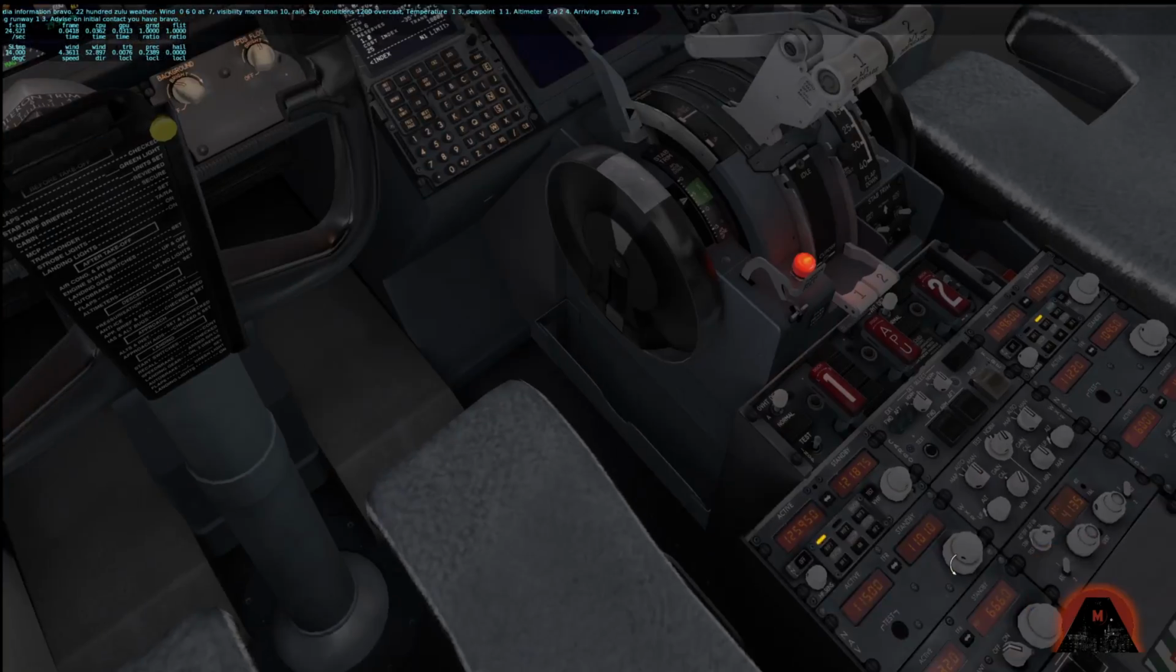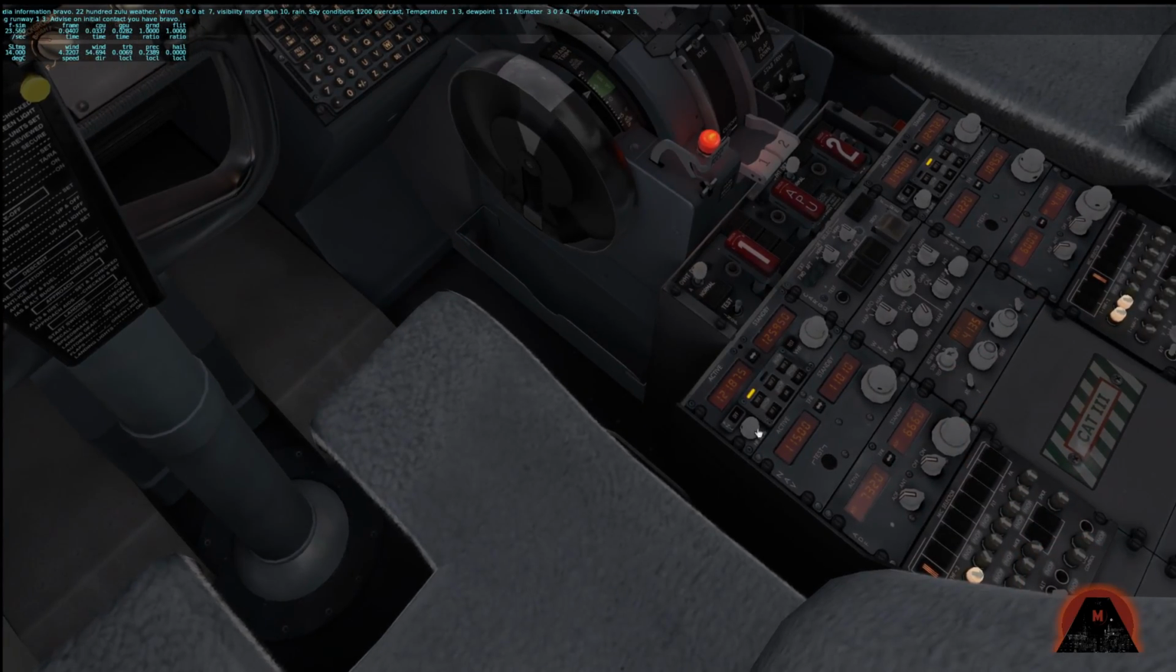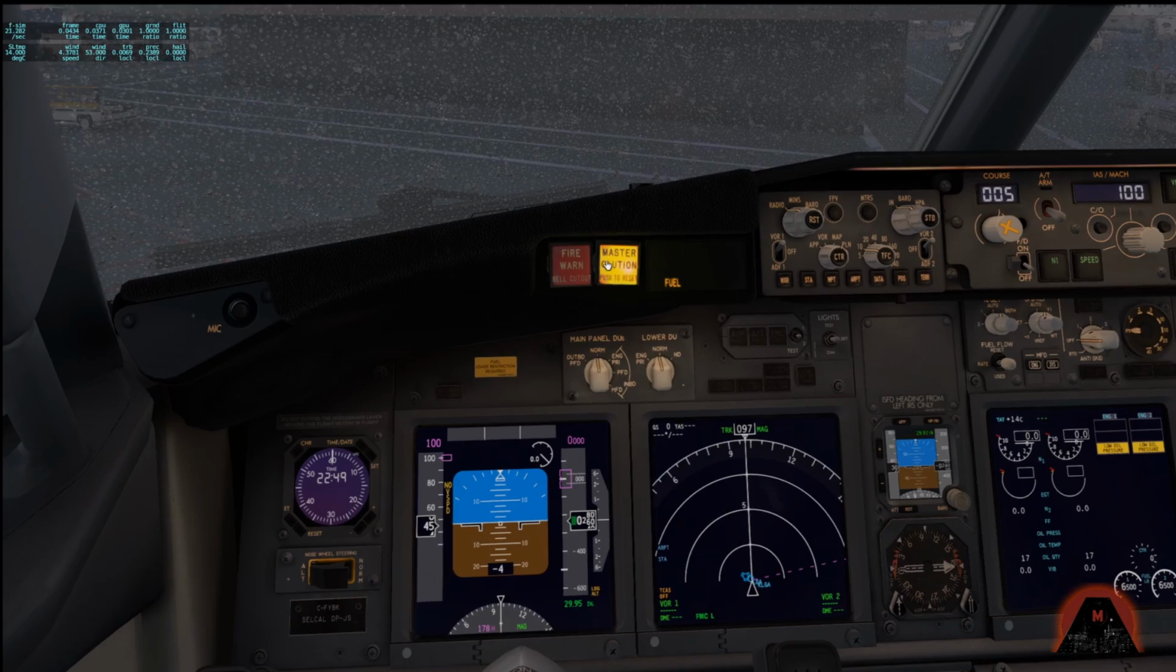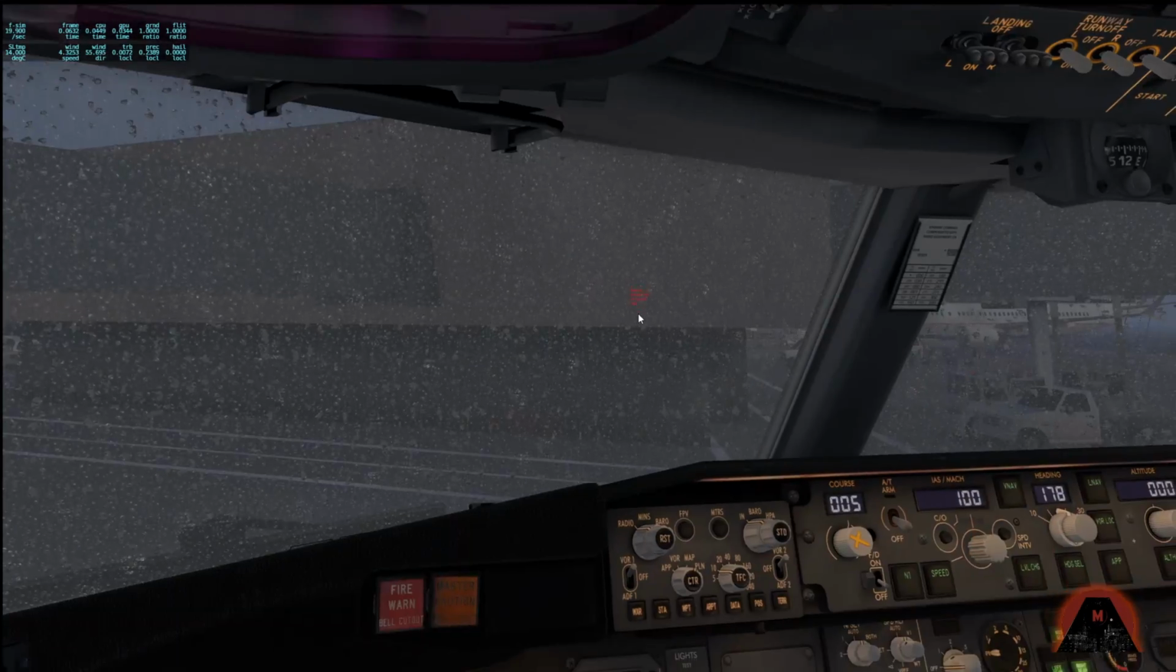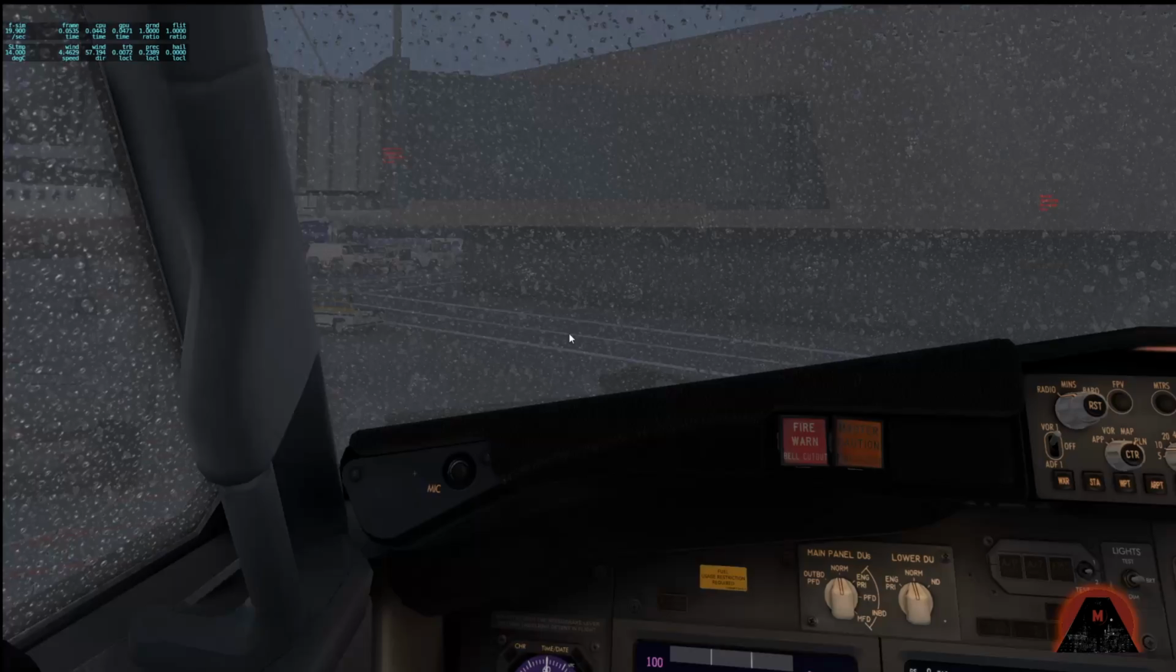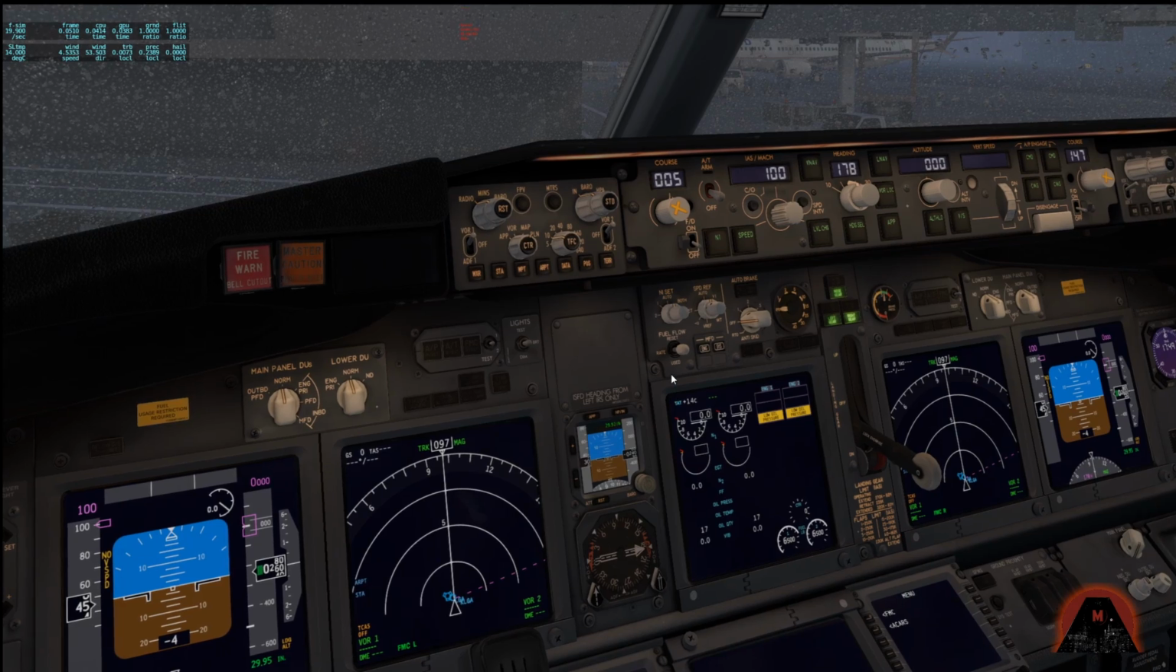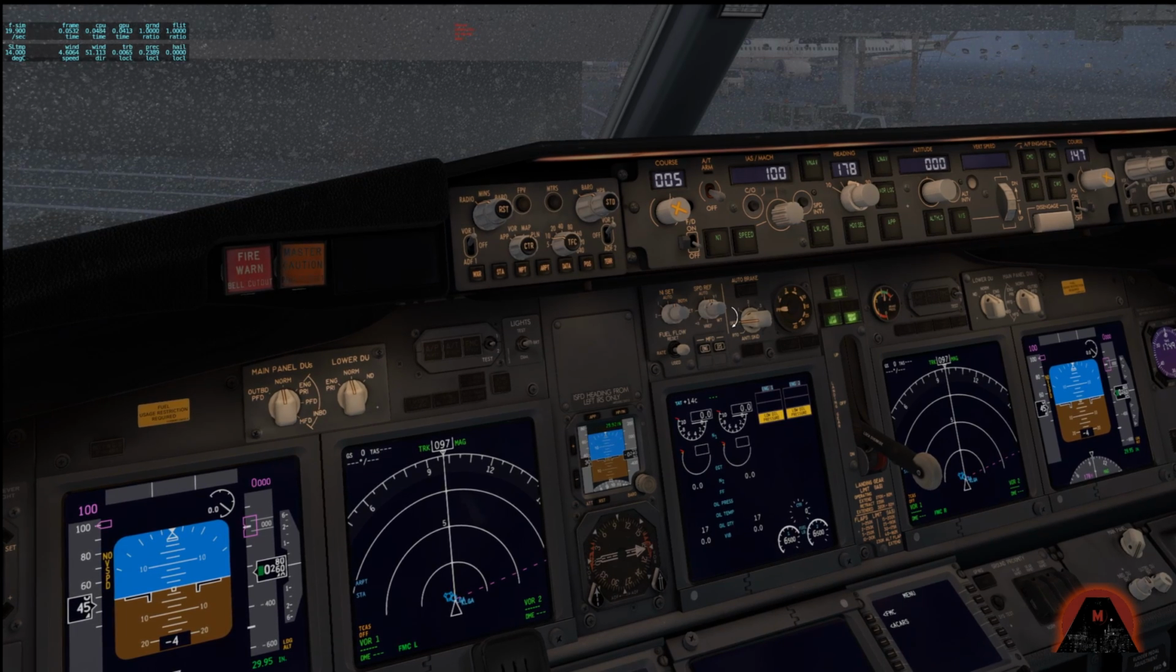Okay, let's shut that. Okay, now we're pretty much ready to start pushing back here. Turn on the windshield wipers in a second, people. Let's see if I remember how to do this. Okay,